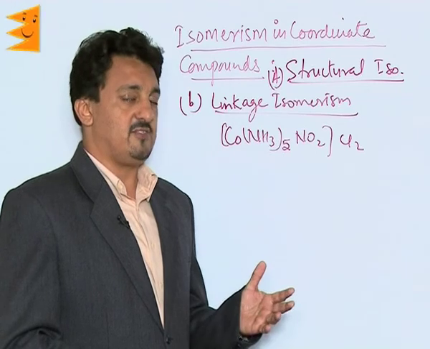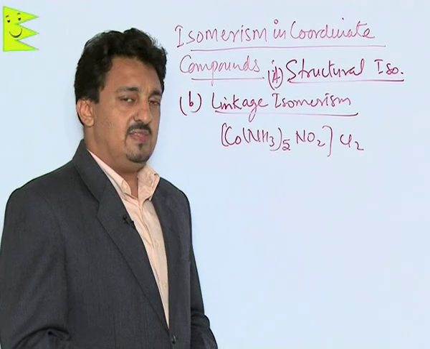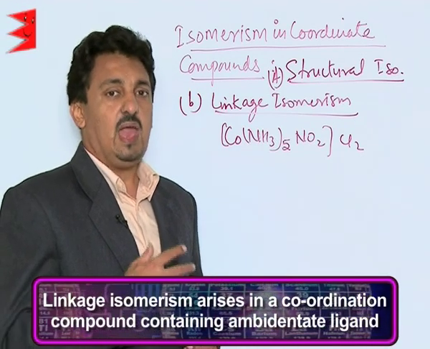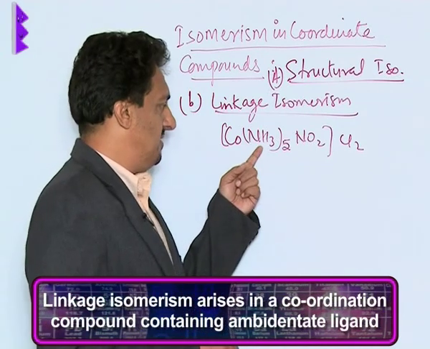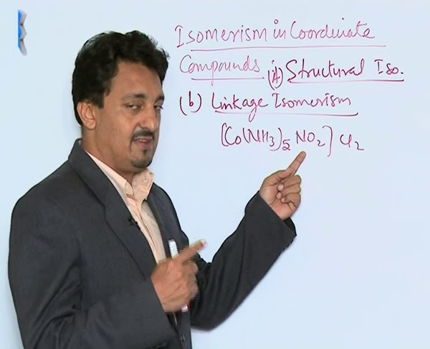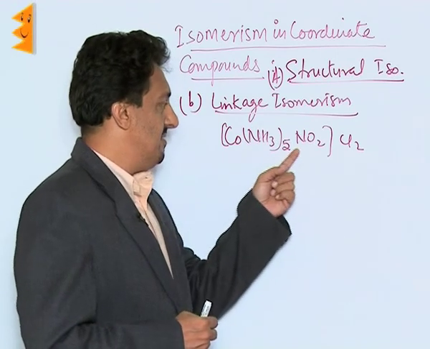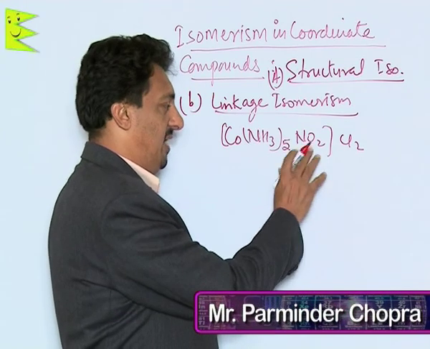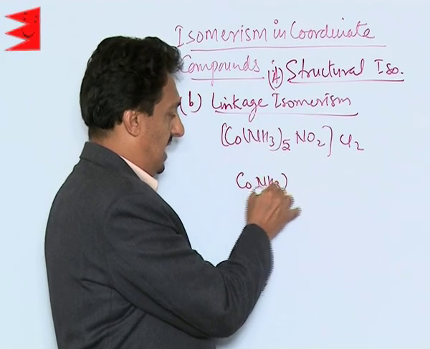The second structural isomerism is called linkage isomerism. In this, as the name suggests, the isomers differ in the linkages formed by the ambident ligands. Let us take the example. This is pentaamine nitrito. We will call it N-nitrito because it is attached to the metal ion through N. Cobalt 3 chloride. Now, we can have another isomer with the same formula in which we can have